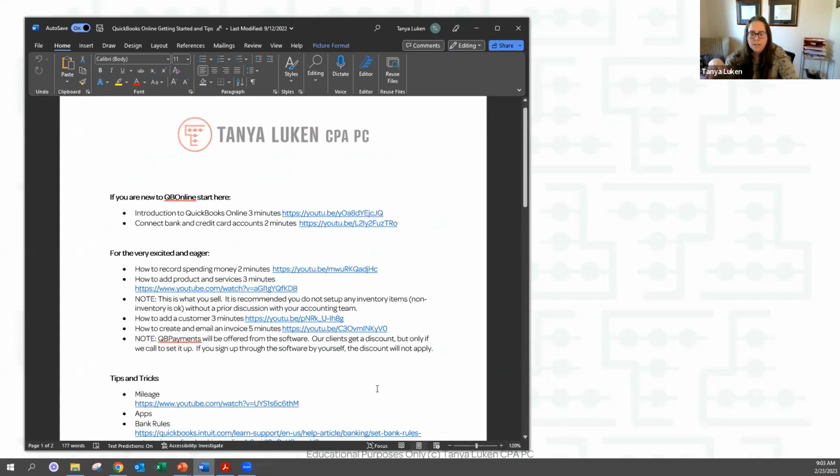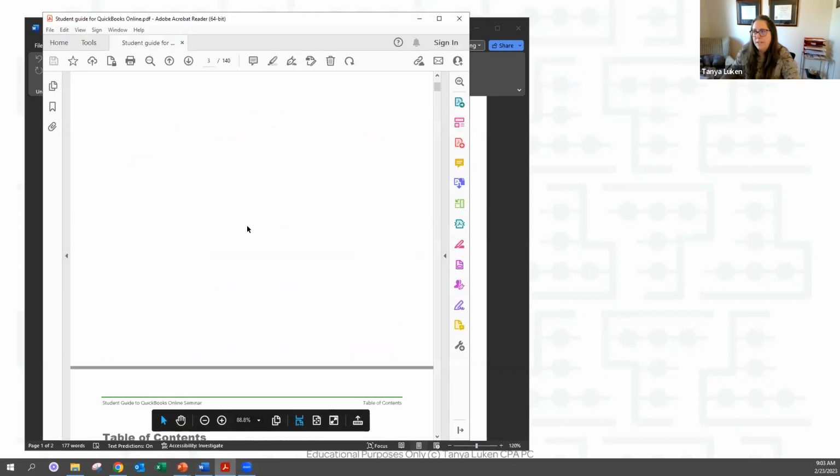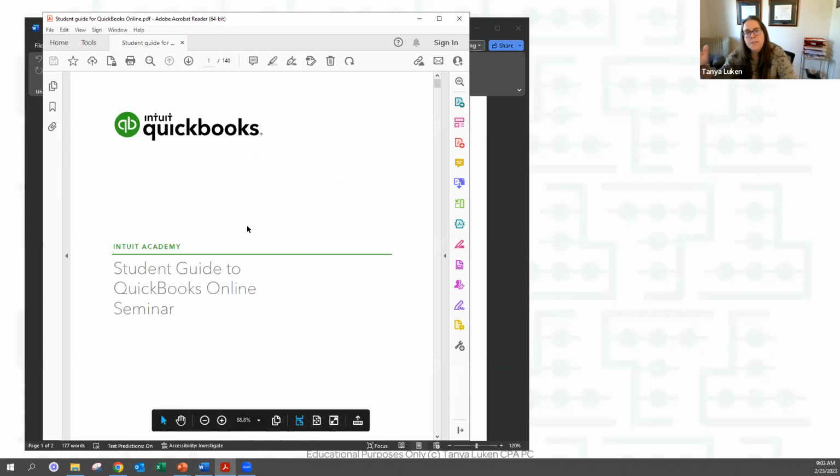The point of this course is to give you an idea of, hey, QuickBooks Online can do all these things. There is a student guide that you should have received as well. While the student guide roughly follows the same topics as the presentation, the way it was laid out didn't flow. It had you do things on page 4 that they didn't talk about until page 50. So I rearranged the slides to make it an easier workflow, what I felt was more understandable.